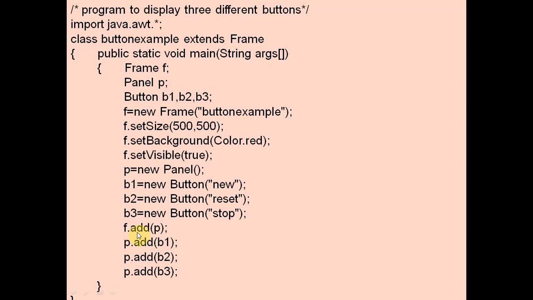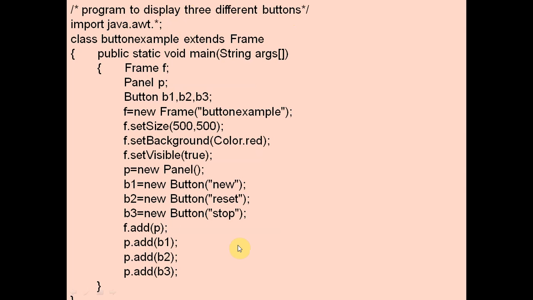So inside the frame we are adding the panel, and inside the panel we are adding 3 buttons. So this will display 3 buttons on the panel, and this panel will be displayed inside the frame, and finally we will have the frame. So the program displays 3 different buttons